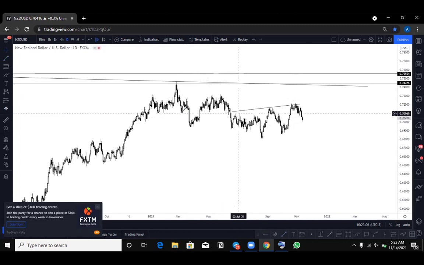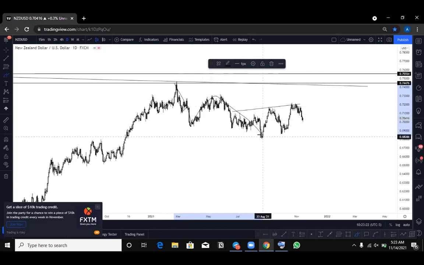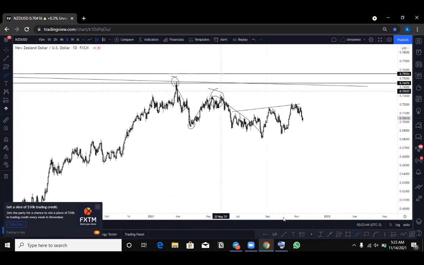Then if we look now, price came back up, but it failed to break those highs. Then price came to break the lows. So what do we have? We have a high, a low, a lower high, a lower low. Can you see that? Yeah. So price might be starting to trend downwards. Okay, let me remove these.